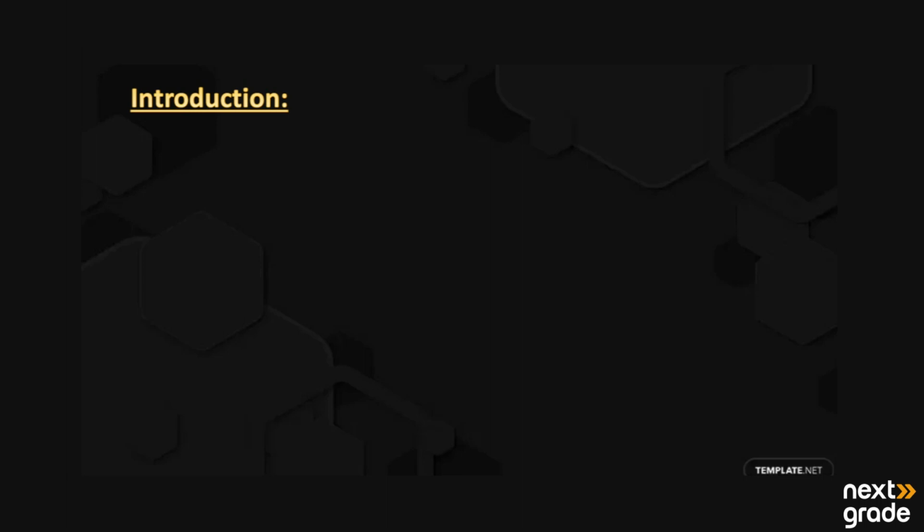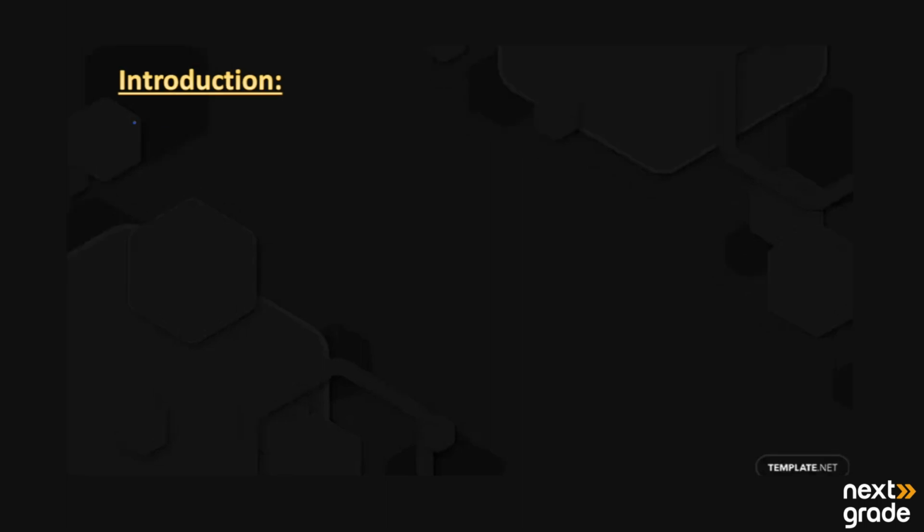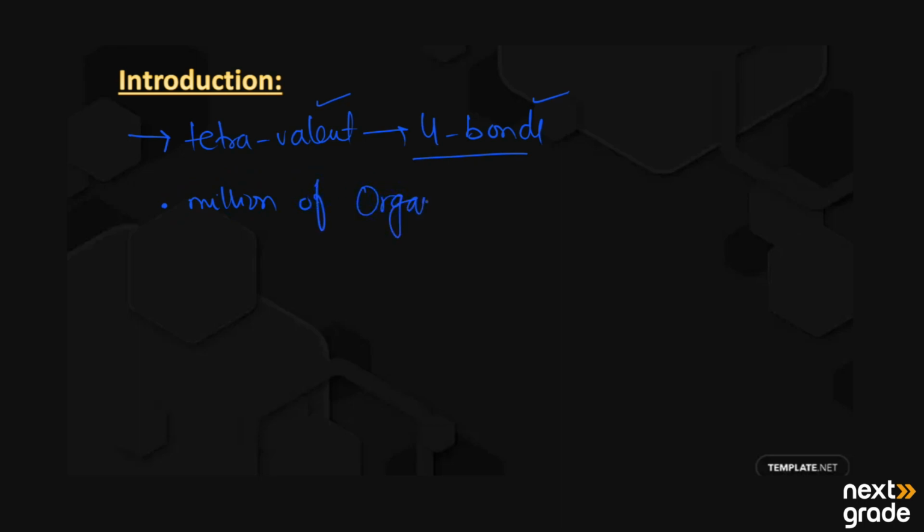Basically, the carbon atom is a tetravalent element. Tetravalent means it can form four bonds with other atoms. Due to its tetravalency, carbon has millions of organic compounds present in this universe. These millions of compounds are present due to the diversity of the structure of carbon atoms and due to